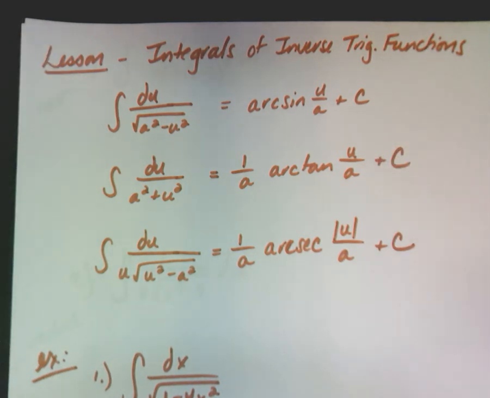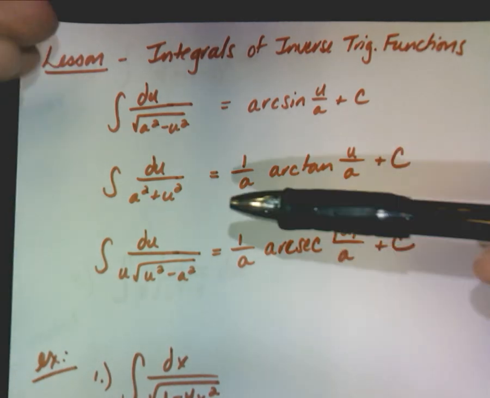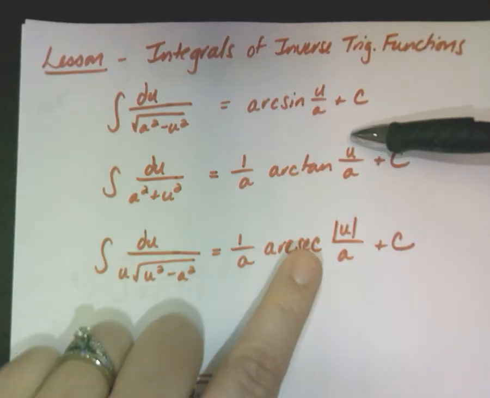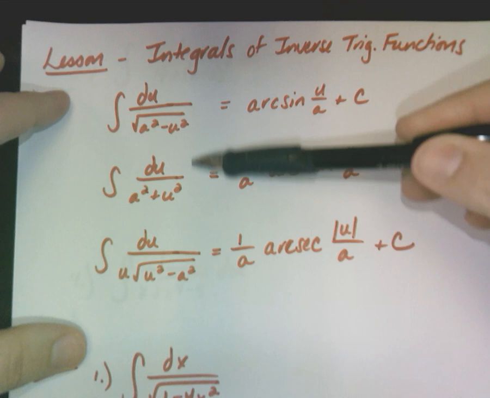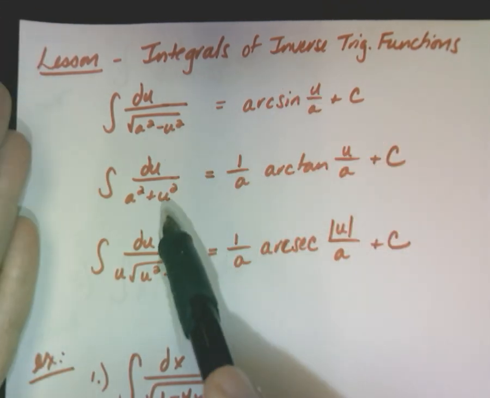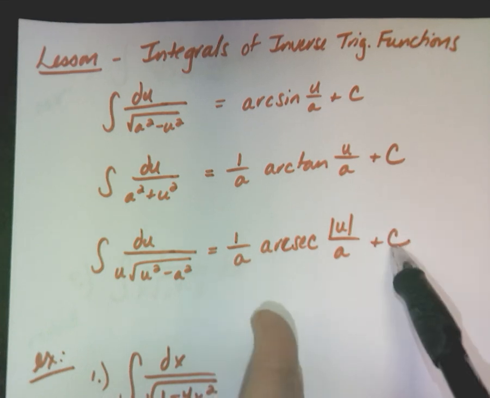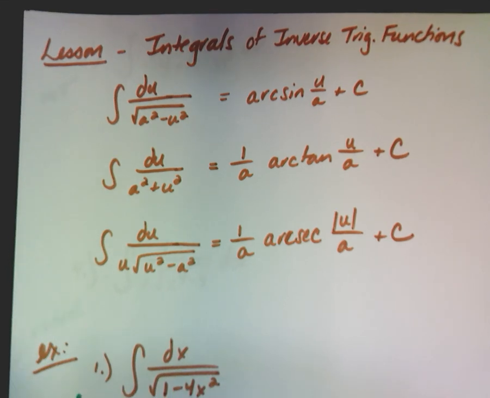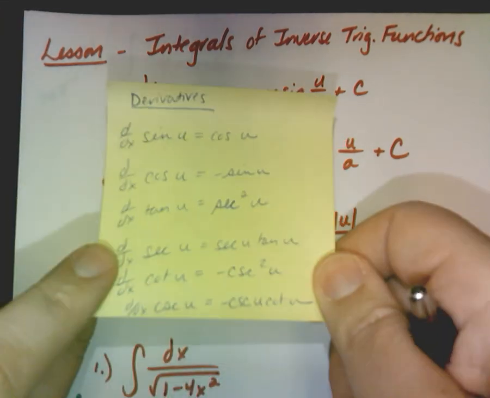Remember, your whole purpose in integrating is if it can look like this, you may write it like this. This is the formula. Once you make it look like the left side, then you can write it like the right side. Okay? So write those down, pause this for a moment,